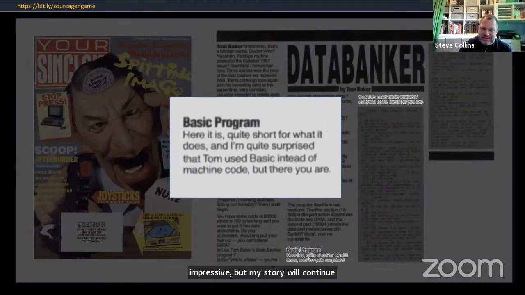What got my attention about this was that the feature editor commented that he thought it could have been written in machine code. As you just saw, I'd been learning machine code. The gauntlet was thrown down. And in a burst of youthful naivety, I thought, oh, that'll be easy, I'll write that. Off I went.